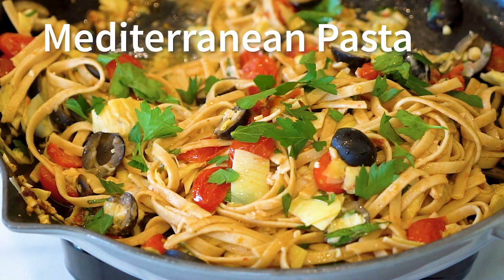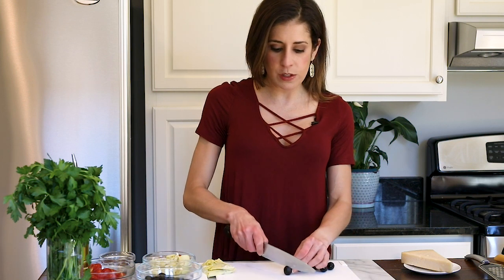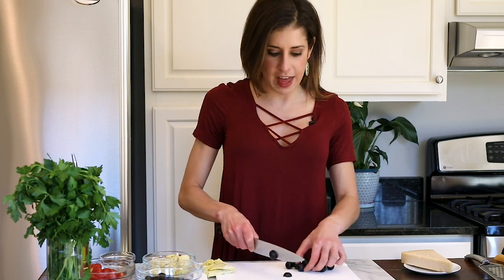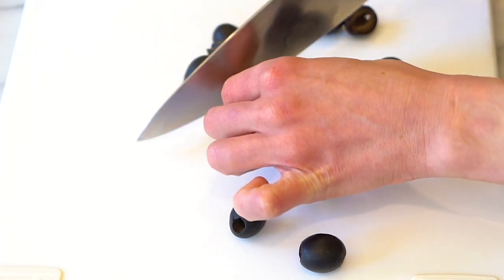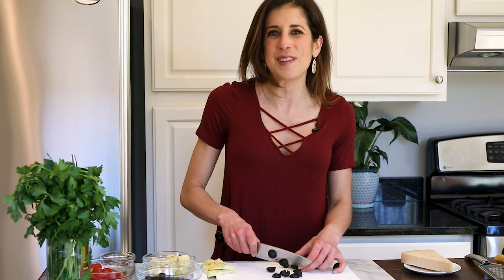All right, let's get started on this bright, healthy, delish dish. Now, part of what makes this recipe so fast and easy to make is the fact that everything goes into the skillet almost at the same time. And so to make sure that you are ready for that, it's important to get all of the ingredients and veggies prepped. So right now I am starting out by chopping the different things that I'm going to be stirring